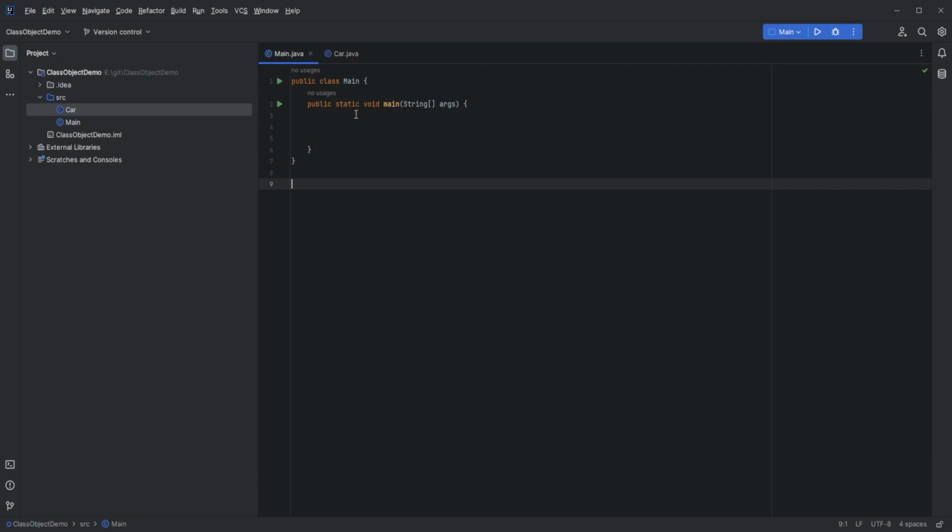Now we will go to our main class, and in our main class I will create our first object. I will say Tesla model X. This is our first object, and I will call the constructor. So in the constructor we will pass the arguments. The first argument is name, so I will pass Tesla model X. So this is the name of our object,